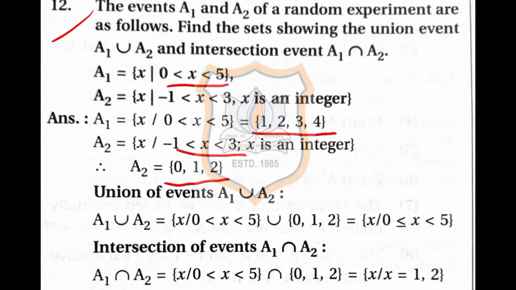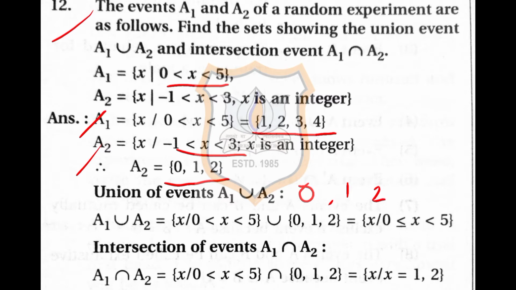Now what is the next thing which we have to find? A1 union A2. What is A1 union A2? You have to write all the elements which are coming in A1 and A2. So what are the numbers? Let us see that. First one will be 0. Second will be 1. Then 2. Then 3. And then 4. Right? So the numbers which will be coming in A1 union A2 will be 0, 1,